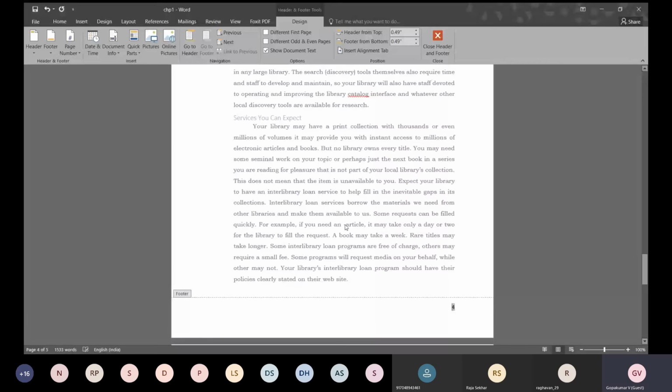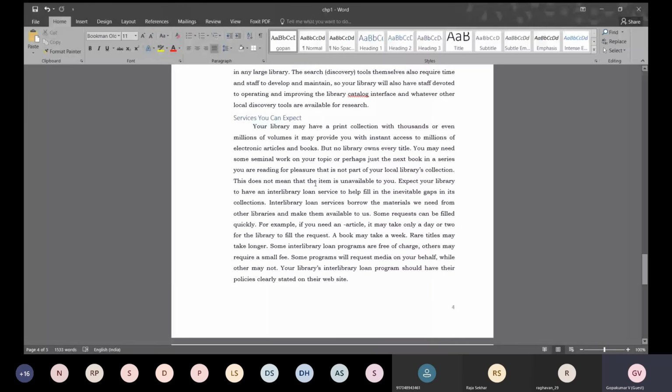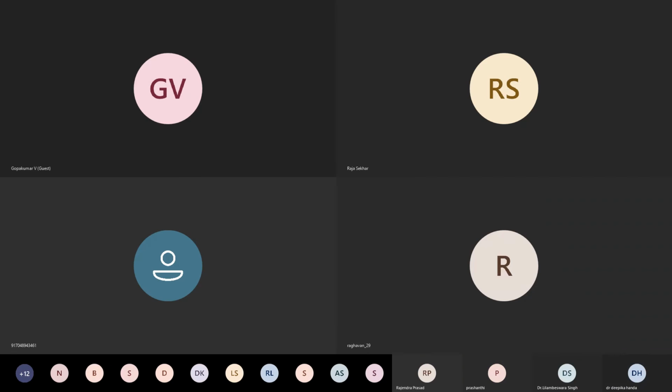So what we have done is, in this file we have identified our headings and subheadings. Now the computer knows that these are my level 1 and level 2 headings, and we have given page number, and we are closing the file because we have one more file to deal with. So I am opening that file, chapter 2. Chapter 2 is starting with the literature review.